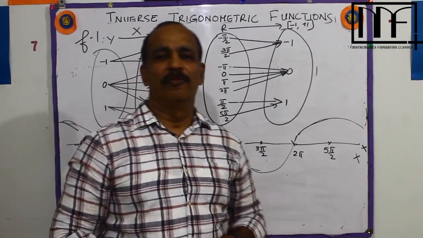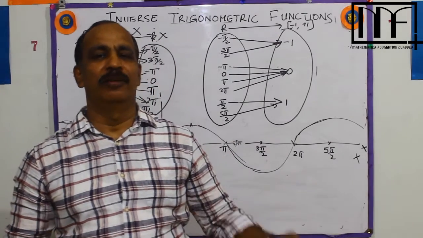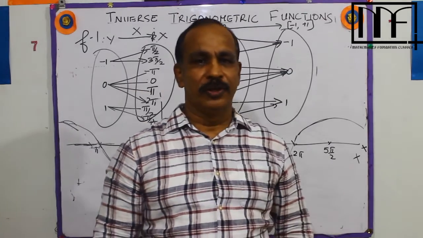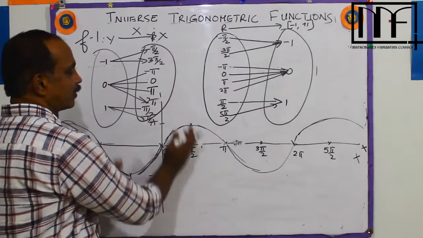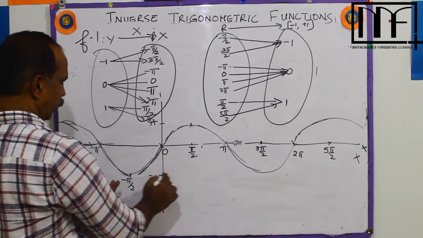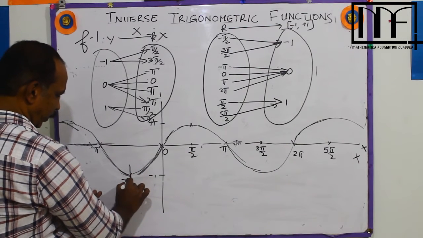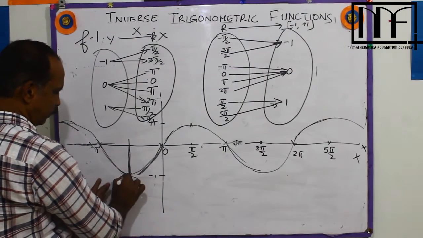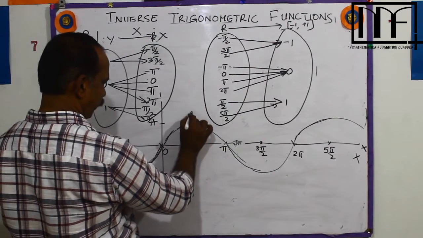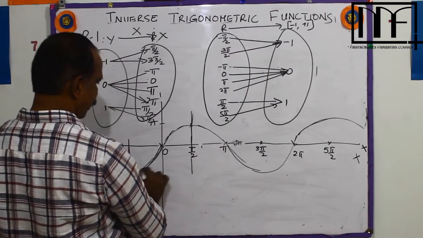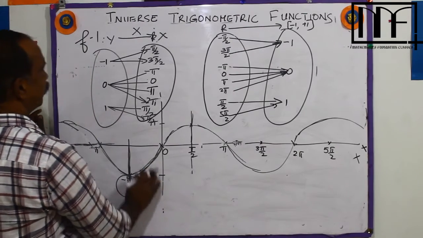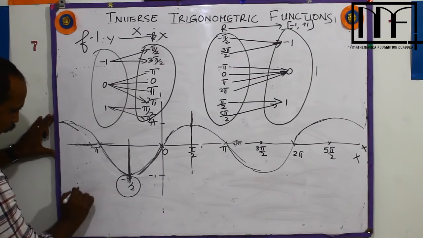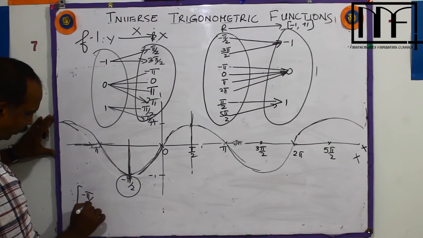Therefore, there will not be an inverse function here. So, what shall we do? In order to find the inverse function, we need to restrict the domain. If you take the domain between negative pi by 2 to positive pi by 2, the domain value if you take,